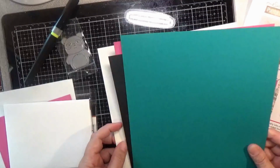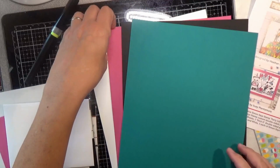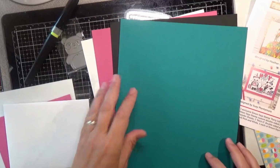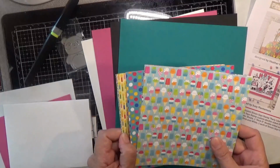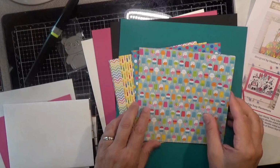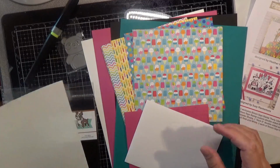Okay, so that is the fun Party Like a Panda Simon Says Stamp August 2019 card kit. There is also a coordinating die set that is available. I will link that down below as well as